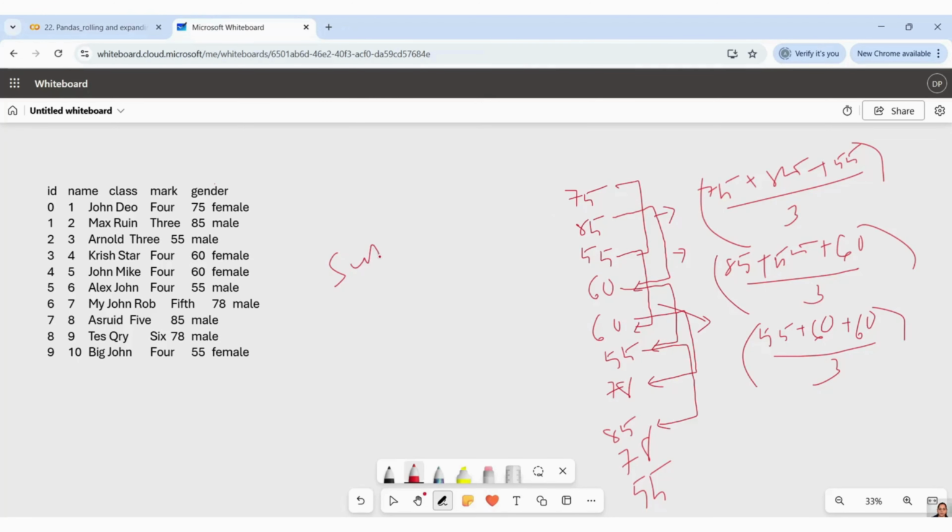Sum. Again, it has taken these 4 elements first. Then it has added them up: 75 plus 85 plus 55 plus 60.